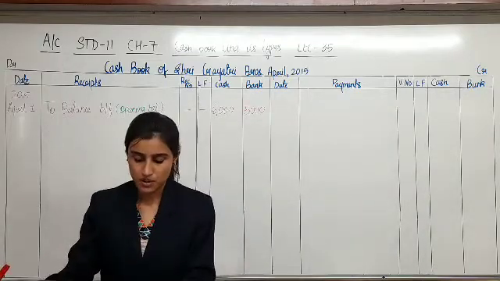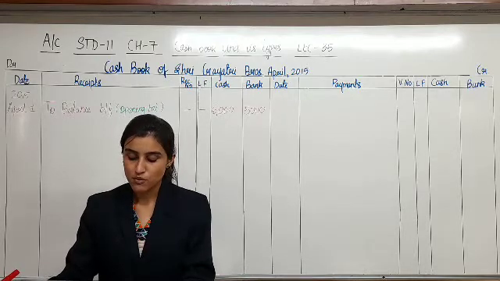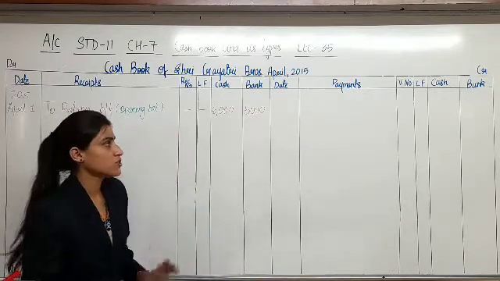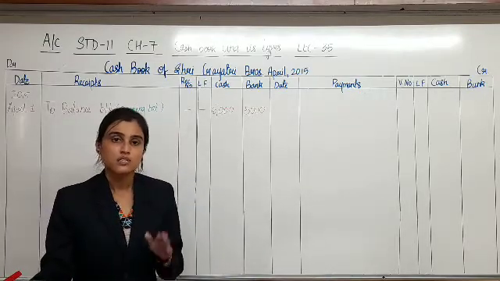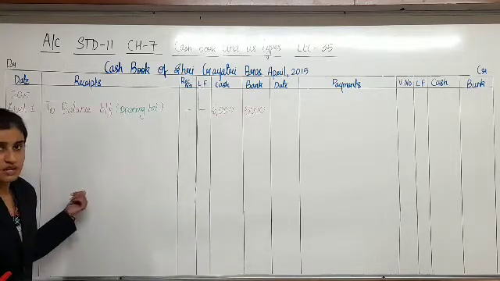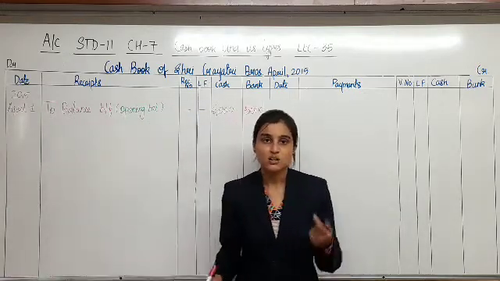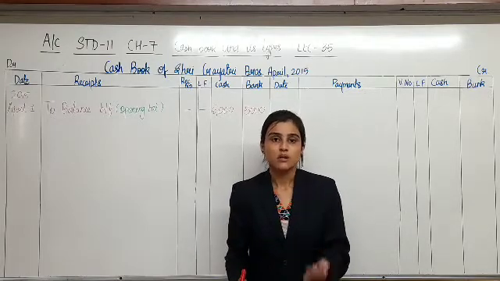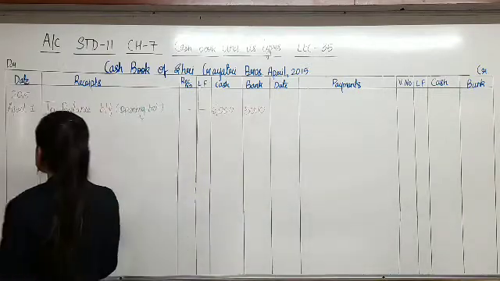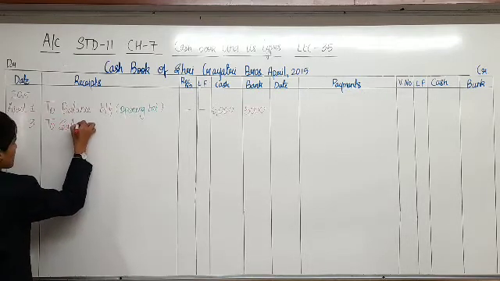Then on 3rd of April, it says goods of rupees 10,000 sold to Pankaj for cash at 10% trade discount. Goods have been sold to Pankaj. If you are selling goods, you are going to receive amount. So we will be writing this transaction on receipt side, because at the time of sale of goods for cash, cash is received. Cash comes in. Debit what comes in? Cash comes in for what? For the sale of goods. That is why we are writing to sales account.